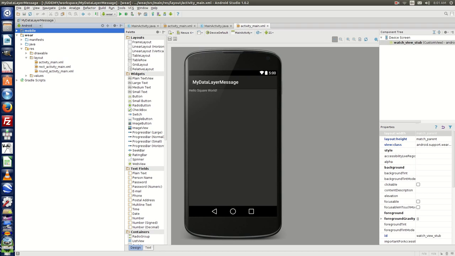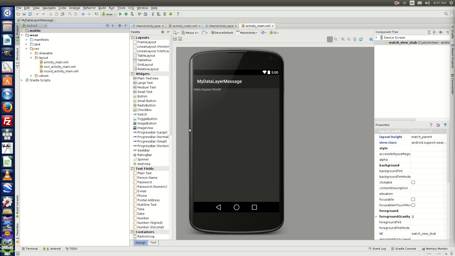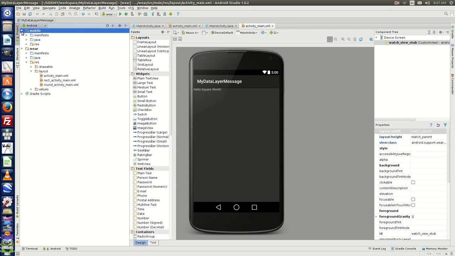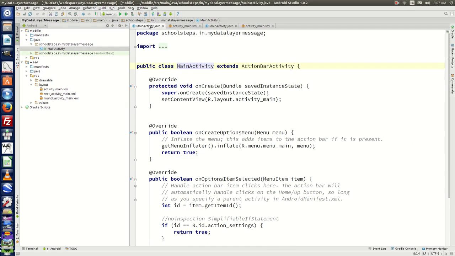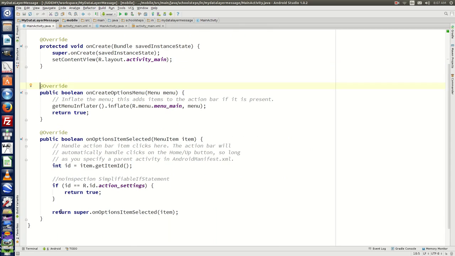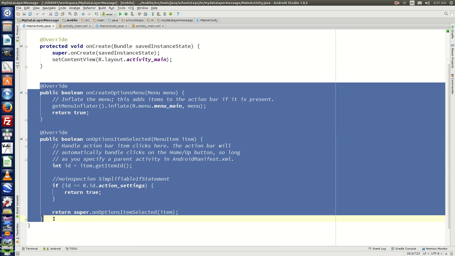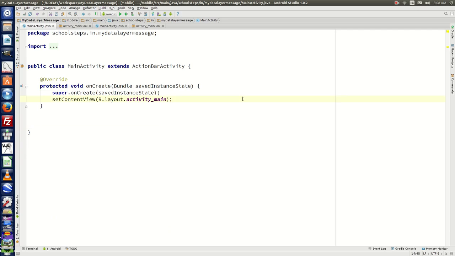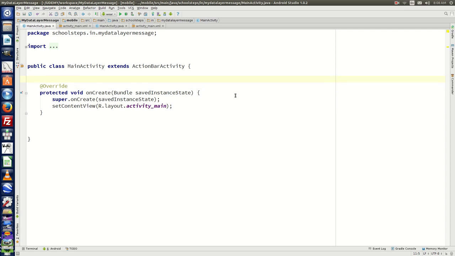Let's do it. Open MainActivity.java of the mobile module, expand it, go to java and expand the package structure. You will get MainActivity.java, which is right here. Let's delete these two methods as we are not going to use them. Now the first thing that we'll be needing is the object of GoogleApiClient. So right here, let's say GoogleApiClient